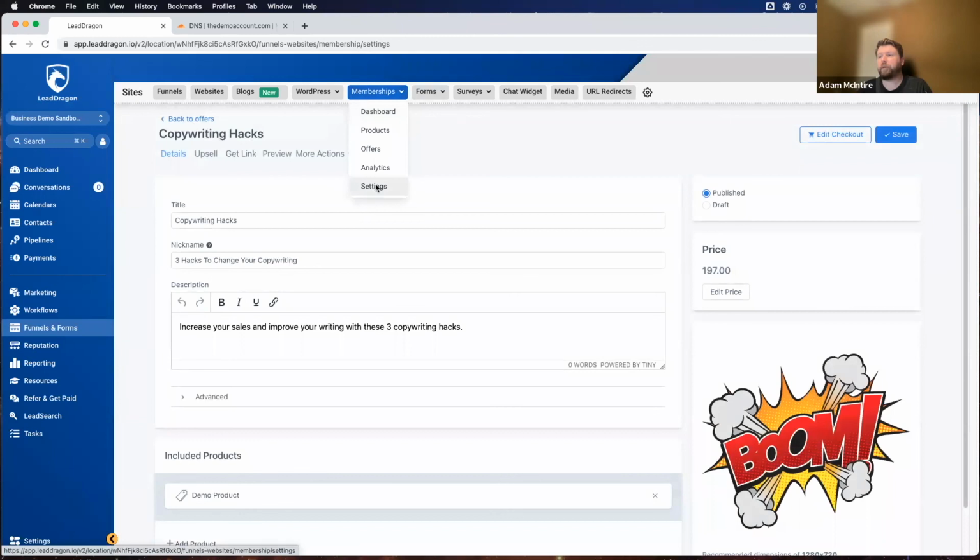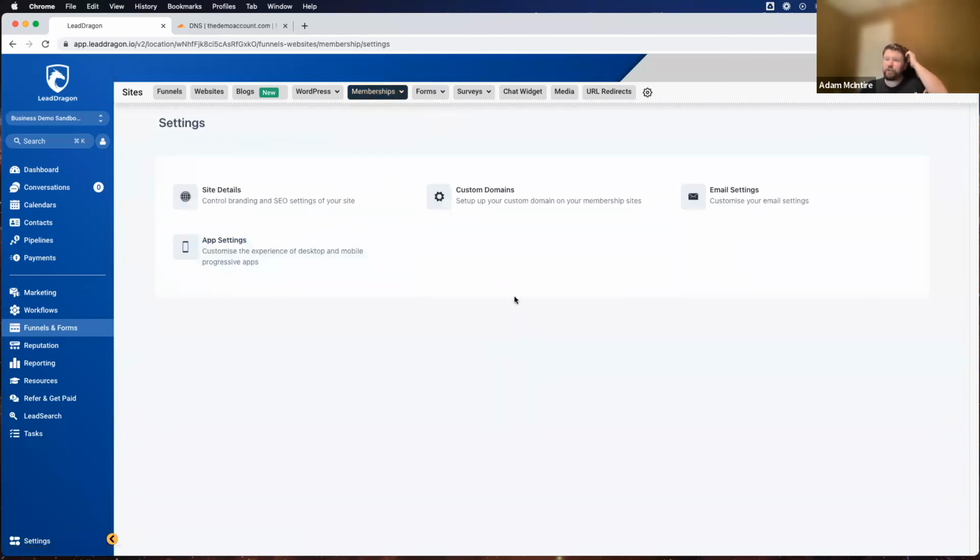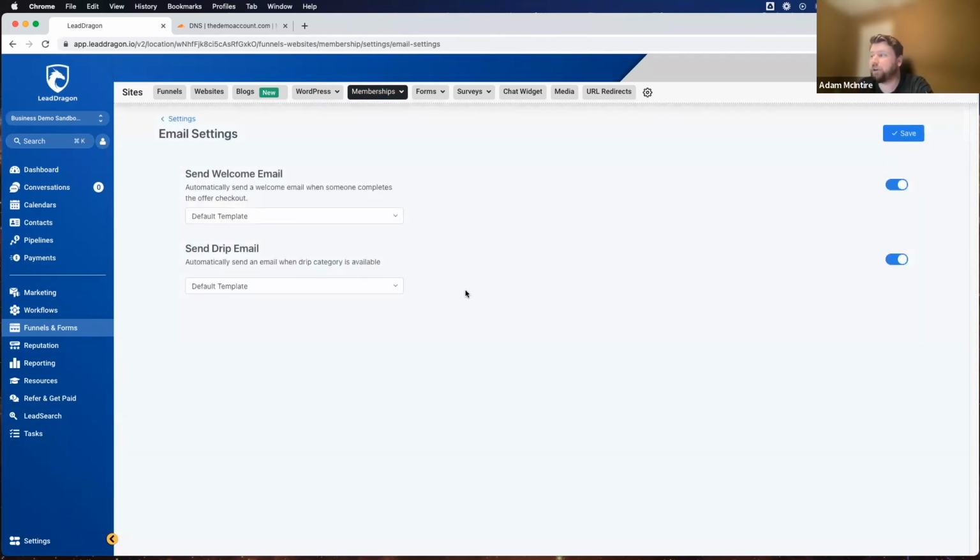So now that we're done with that, we're going to come back here to settings. And the last thing I'm going to show you for this particular training is we're going to come over here to the email settings. The way it's set up is that it automatically sends out a templatized email to your users whenever they pay or whenever they sign up